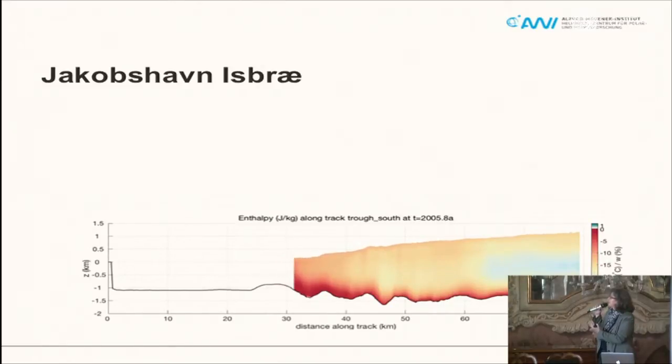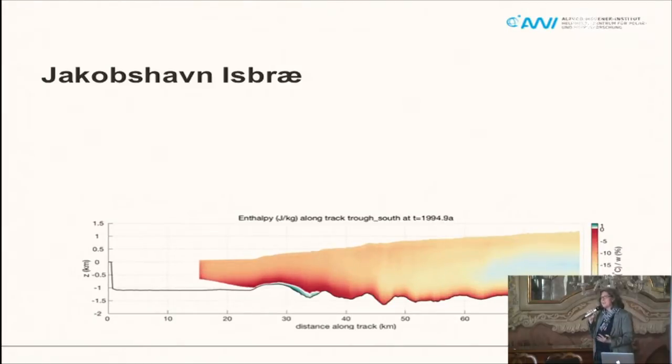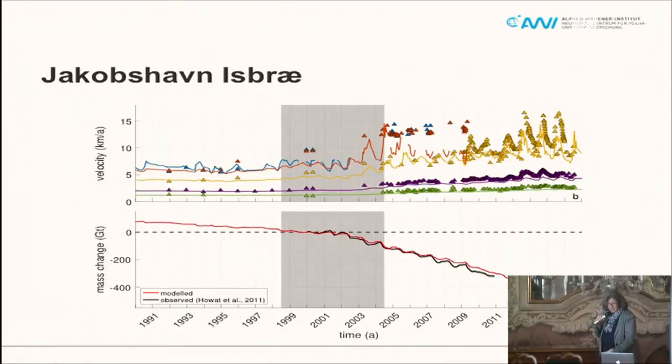Now it starts to retreat quite quickly. And this is because it was reaching a location where the bed has a retrograde shape, meaning that the gradient of the surface topography is pointing inland. And it's very easy to retreat a glacier in this situation. So that's what the model shows you, and if you compare that to the observed data, and these are again these seasonal changes in the velocity over time, in the lines you see what the model gives you, and in the dots what the observation is. You see it's not too bad.